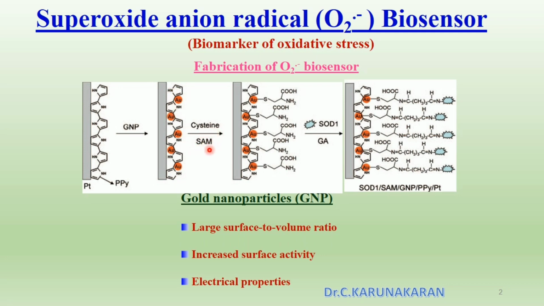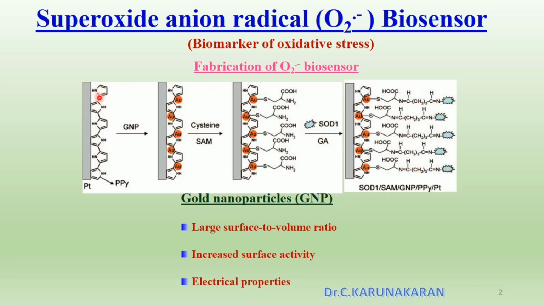In the presence of cysteine, it forms a self-assembled monolayer through the SH bond, and because of the high stability of the gold-sulfur bond, it will form a self-assembled monolayer, and then using glutaraldehyde we have bioconjugated superoxide dismutase enzyme to the